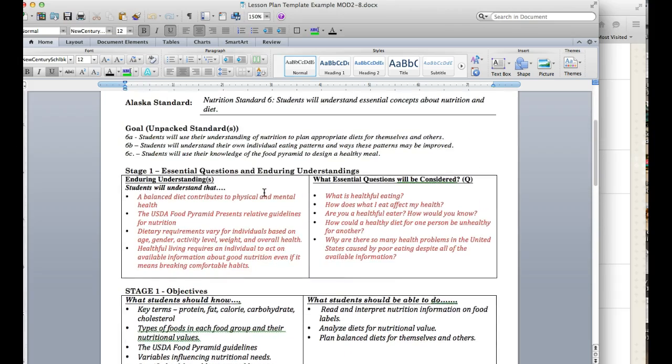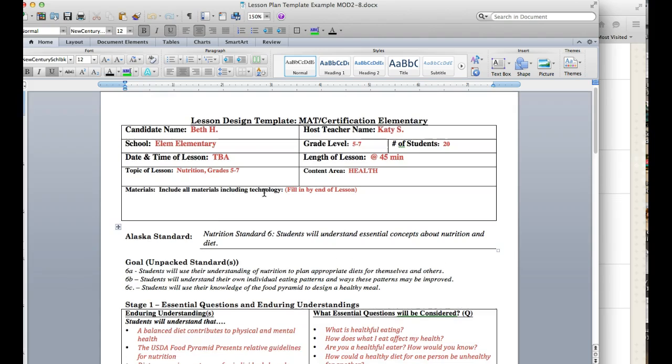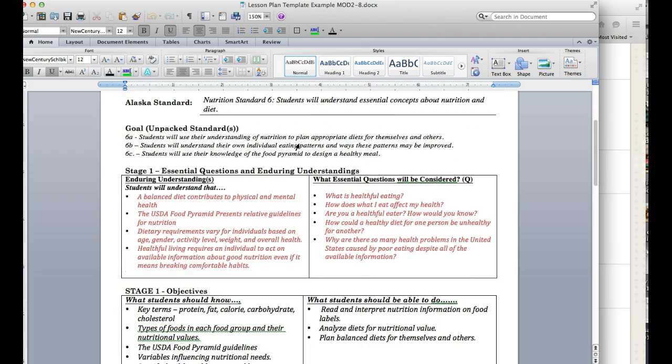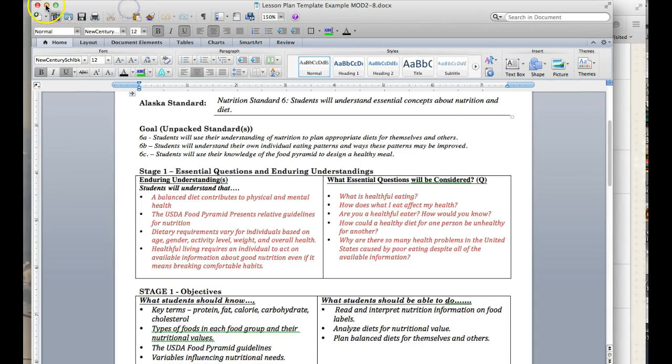Everything in black is what you did last in Module 1. I'm always leaving this red only because of two things. I have to remember to remind you to fill out the materials section, and also that we want content area and topic lesson and the grade level for sure, plus your name, of course, because this helps me get a good understanding of what you're trying to do in your lesson. So what you're going to submit on your template are just these two sections. Please submit them in red like this with everything else in black. And that will be your